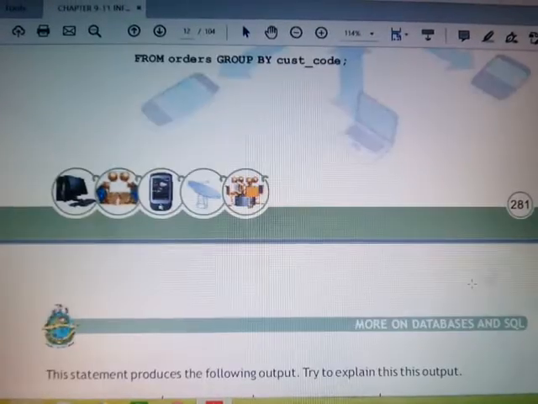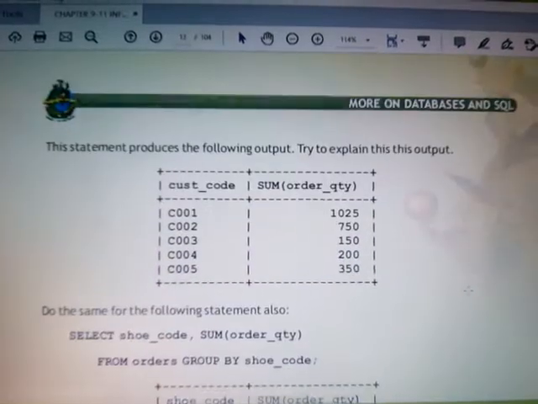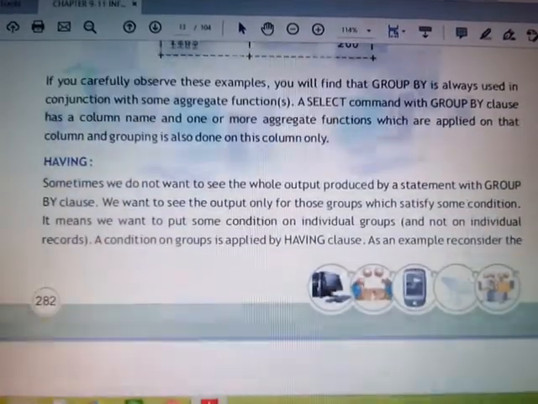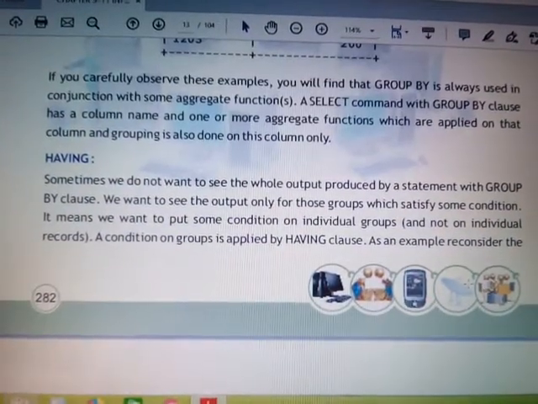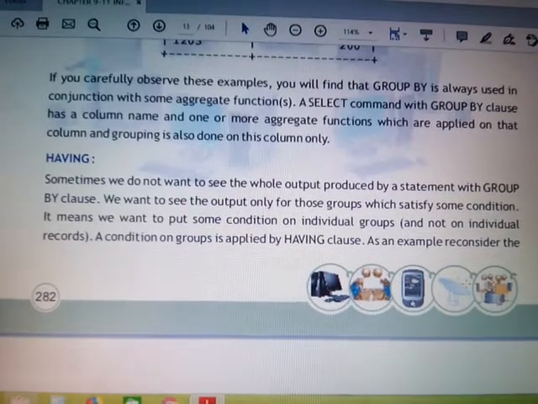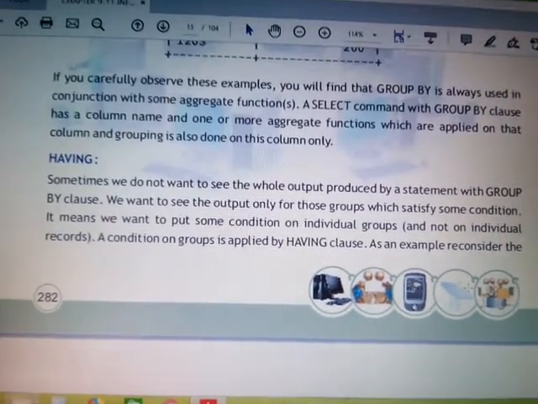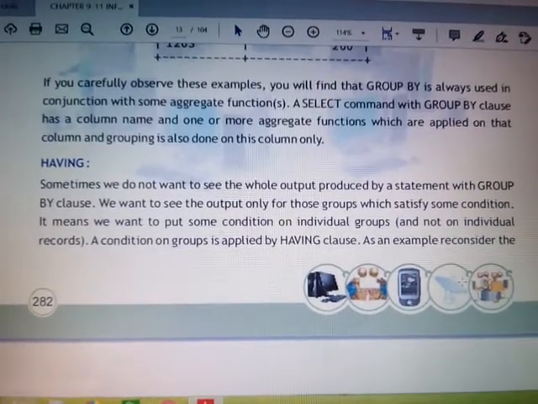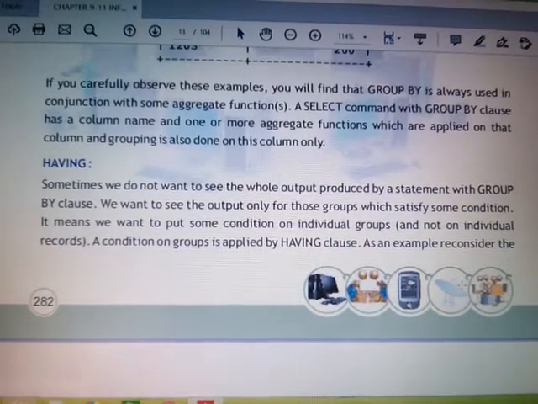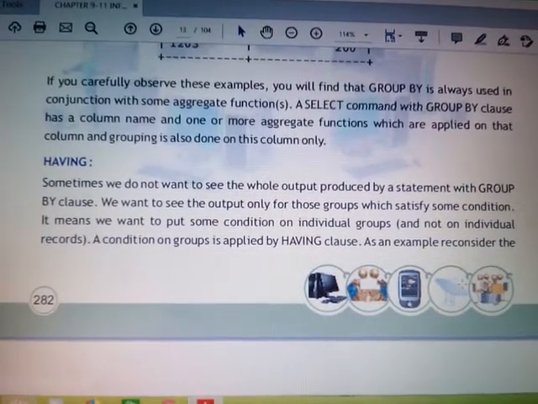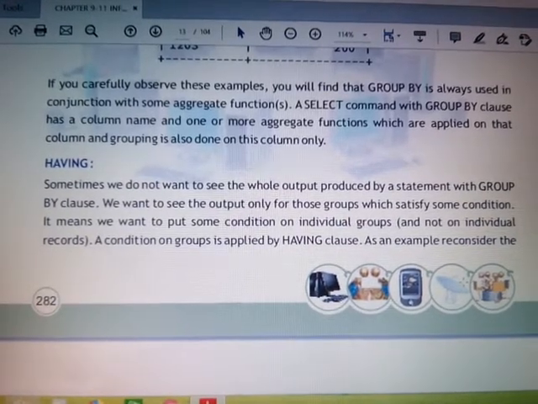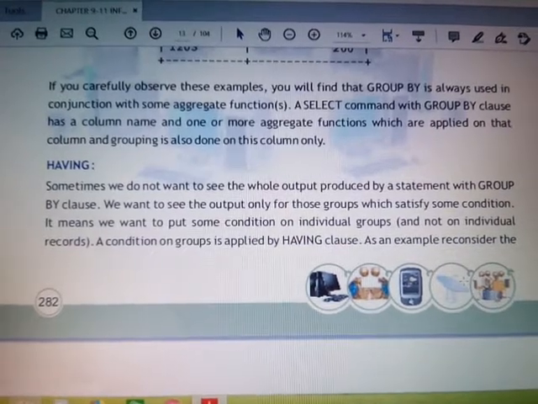Now if we have a condition on aggregate functions, like if we have conditions on max, min, sum, average, count, if I say display details of those students whose marks sum is more than 500, or whose marks sum is more than 400. So see what I am focusing on. I am focusing on their marks summation. So my condition is what? Sum, in the bracket I will write the column name, which will be marks. Sum of marks, and then I put the greater than symbol, and then I will write 400. Right? I am focusing here on their marks summation.